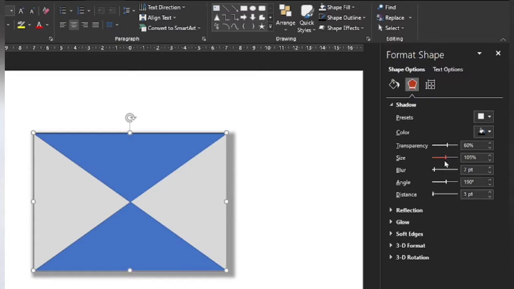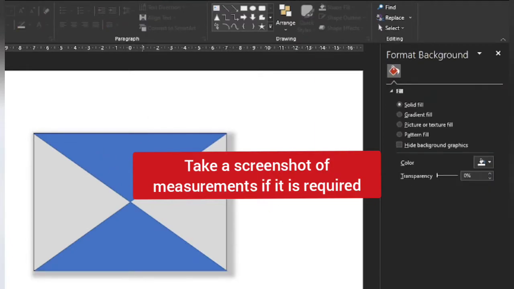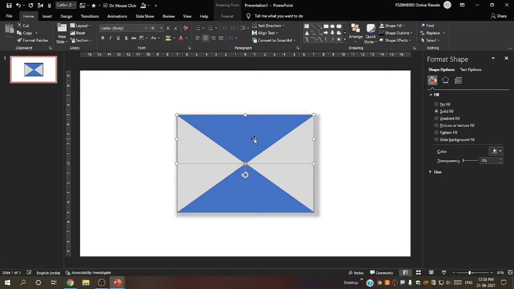Okay, so you can also change it. Now let's increase its transparency to 75%. Okay, now let's increase this blur also to 9 point. Okay, now it's perfect.